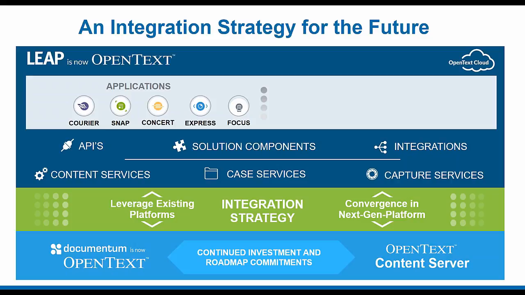But what we see is, as we slowly move more and more use cases and more workloads into the cloud, we expect to see a convergence in the next generation platform for content services. So the best of breed capabilities will happen in that cloud. And not only will we invest in it from the perspective of making sure that we can converge in the next generation platform, but we want to make sure that we're leveraging other things that we're doing right now as well.